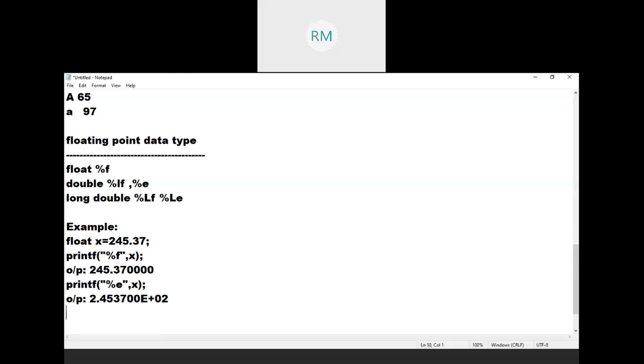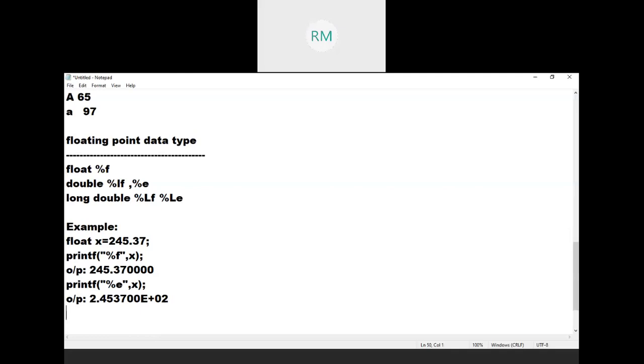If you print the value of 245.37 using scientific notation with %e, then it will normalize the value. After the decimal point it will display 6 places, single precision, then e is the exponent, 10 power 2. So it is equivalent to 245.370000. So it is called scientific notation.